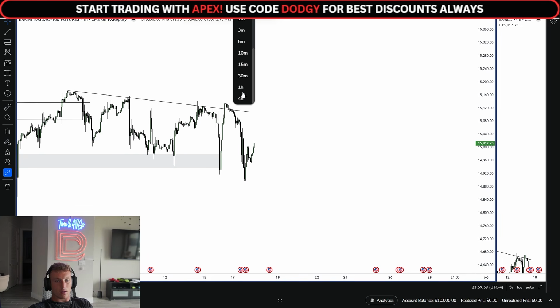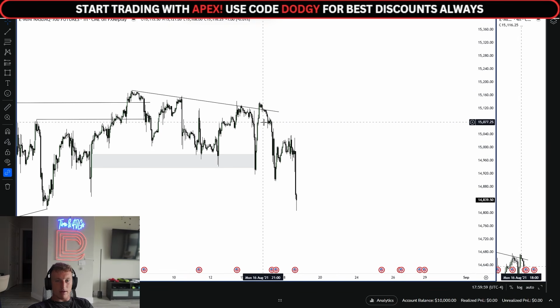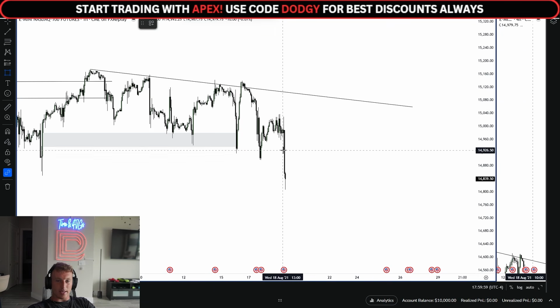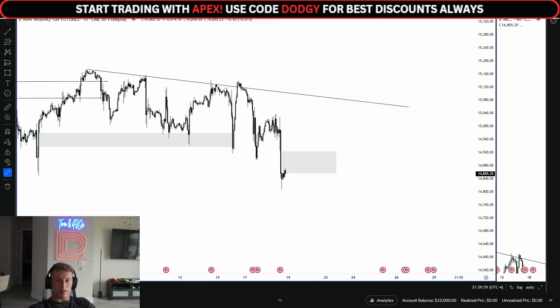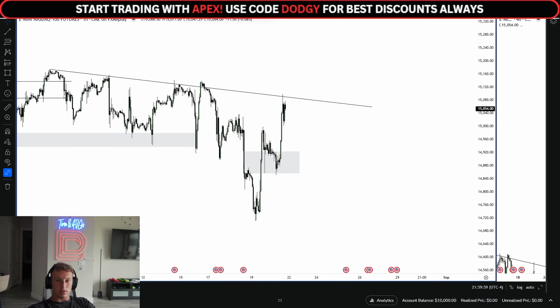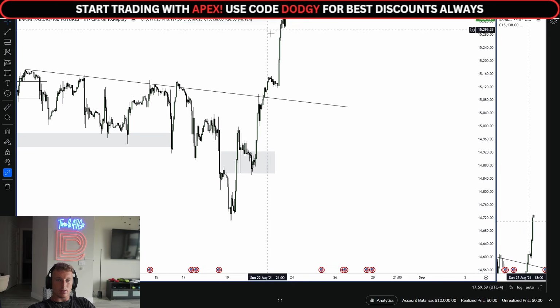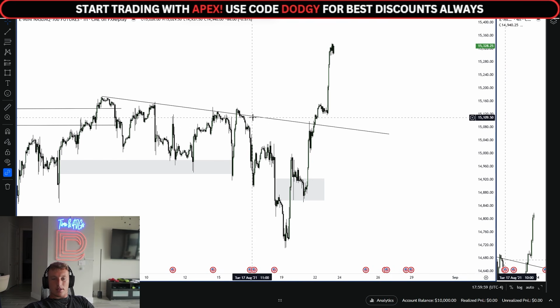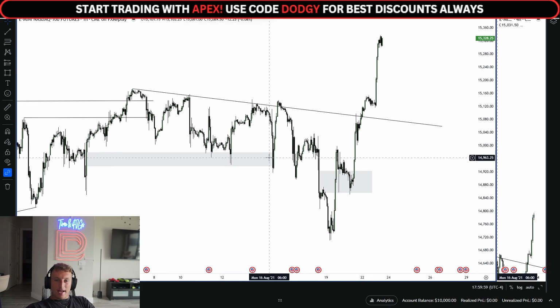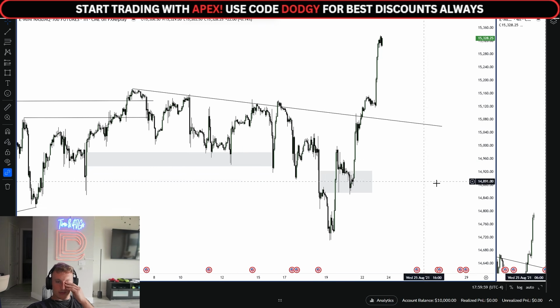Go on the 4-hour. Now we have this trendline liquidity, so now I'd just be waiting for long setups back to the upside. So like here, if we got an inversion here, yeah, boom, right there. So now I'd look for longs back to all-time highs. Yep, see. So again, same kind of thing there. I was looking for shorts, but there wasn't really any. And then we got this, but I'm not switching to buys there if all of a sudden we left all this trendline liquidity above here. Because liquidity matters, not the inverse.